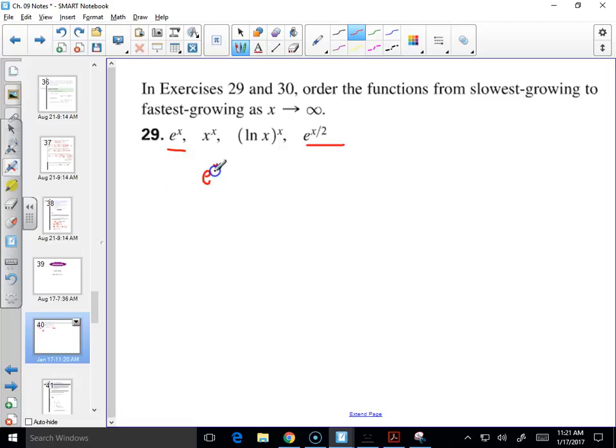Because you could do e to the x over e to the x square rooted, right? We're trying to find the slowest to the fastest? Yes. Okay. So we could say this limit would be infinity, right? Yes, because x over 2 would be a lower degree than x. So right now we can put e to the x would be faster. We'll just put him with a little check mark. He's the faster, he's the slower. And then we can have your x to the x,